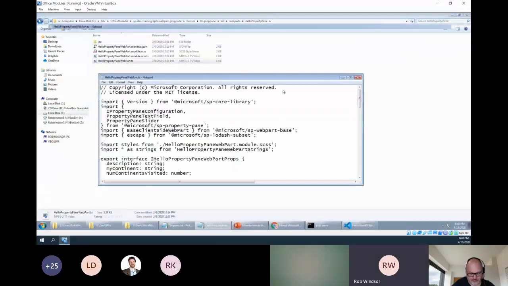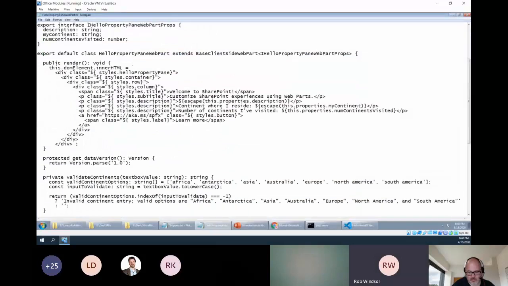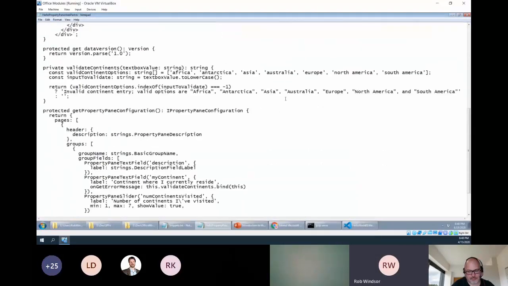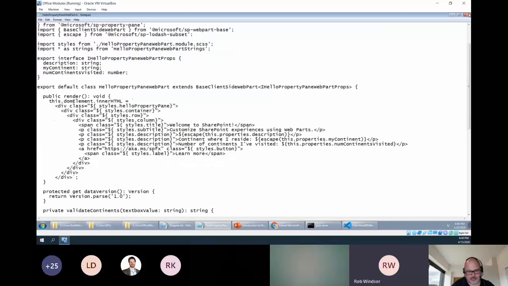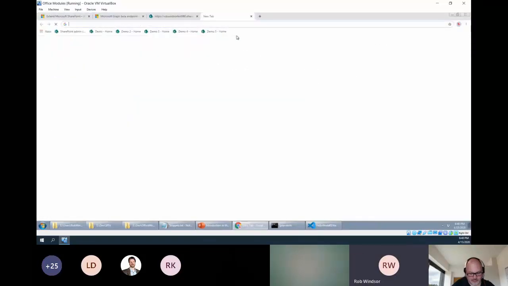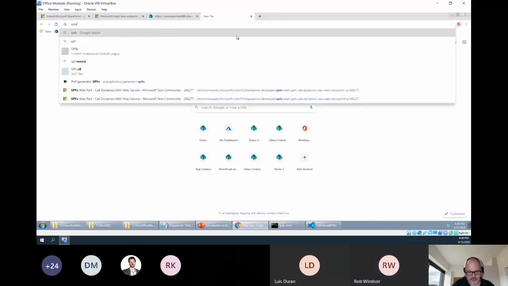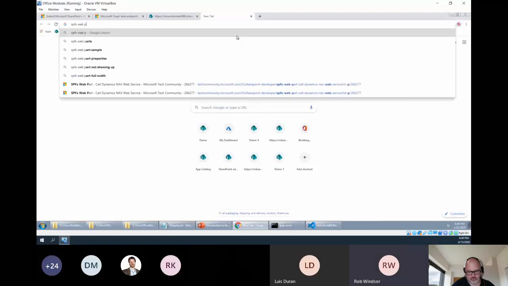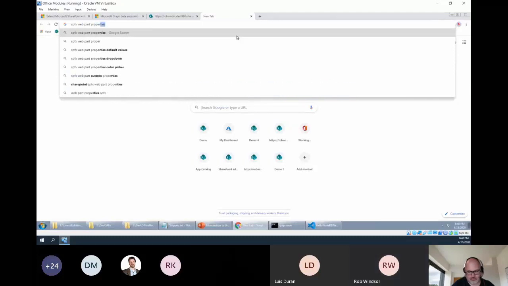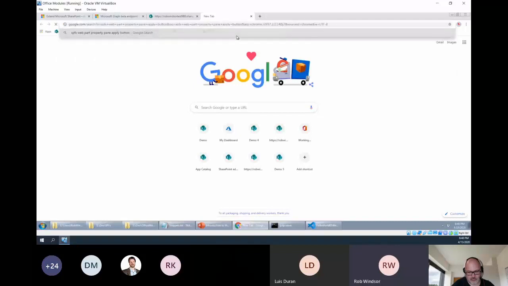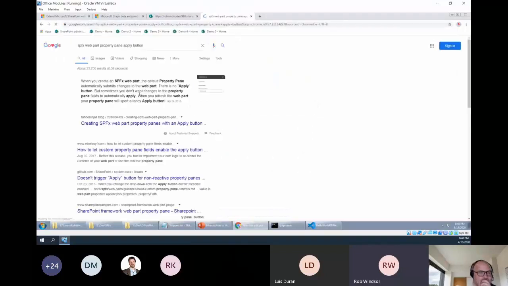No, that one has validation. Let me just Google it real quick. So, SPFx web part property pane apply button. That's it right there. Okay, so all you need to do is just go ahead and add this into your